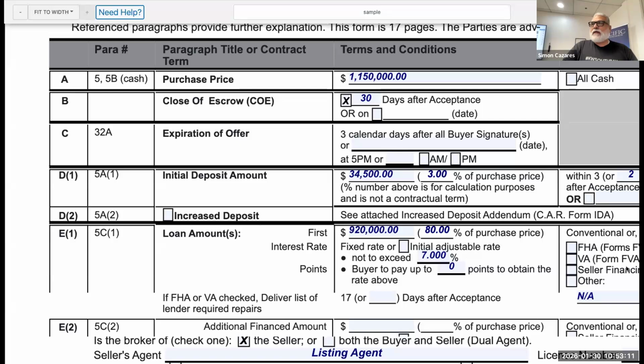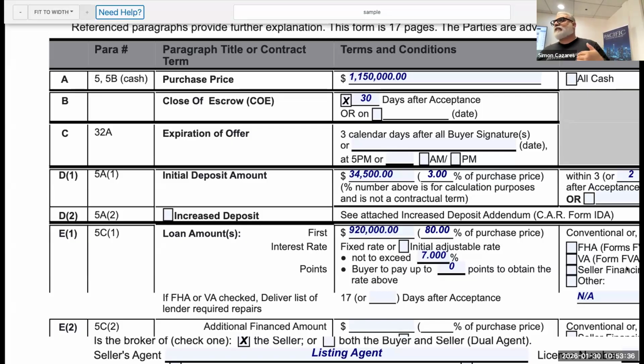Calendar days is 1, 2, 3. Business days is typically Monday through Friday. So when you see calendar days, that means it's 1, 2, 3. So even if it's Saturday, it's considered 3 days, right? So that's the difference. And you got to look out for those little hidden stuff, because there's a lot of